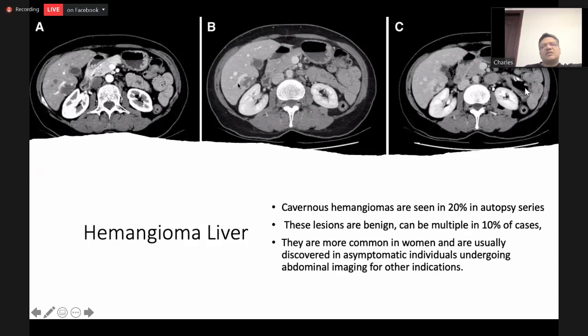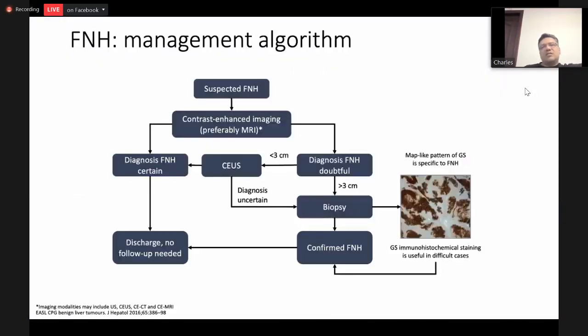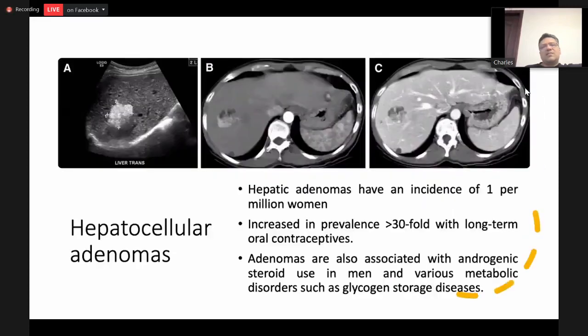The peripheral enhancement is nodular and discontinuous, and it has a centripetal enhancement, so it fills from outside to inside. You can see that it fills from outside in, from the arterial phase to the portal venous phase and the venous phase. Whereas if you come to that metastatic lesion that you're seeing,